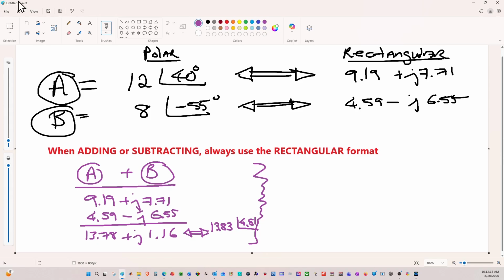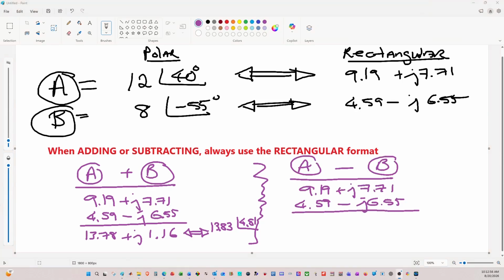Let's do the opposite. I'm now going to do A minus B. Once again, I'm going to write them down in the rectangular format, and all that I do is subtract the bottom number from the top. So in this case, 9.19 minus 4.59 is going to give me a value of